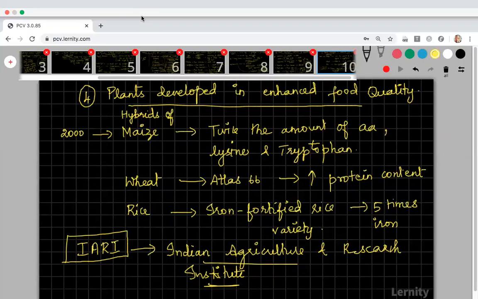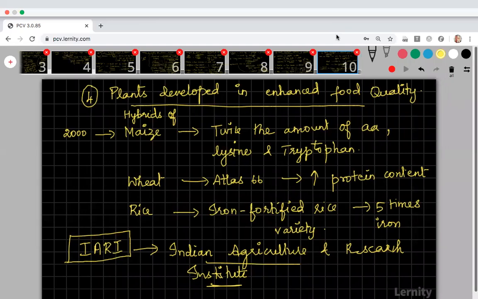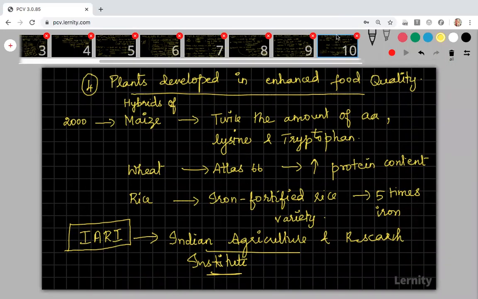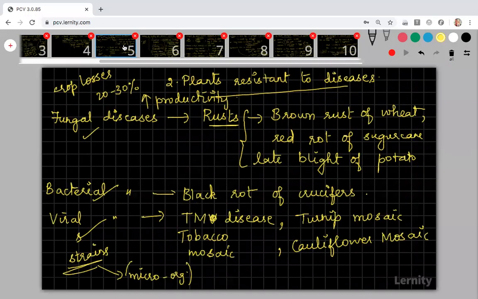Okay students, hope you have copied all the slides. If you want to see any of the slides, you can tell me. From the 5th onwards, they are asking me to show. Wait. I'm showing the slides from the 5th one. This is the 5th one. Shall I move on to the next slide?